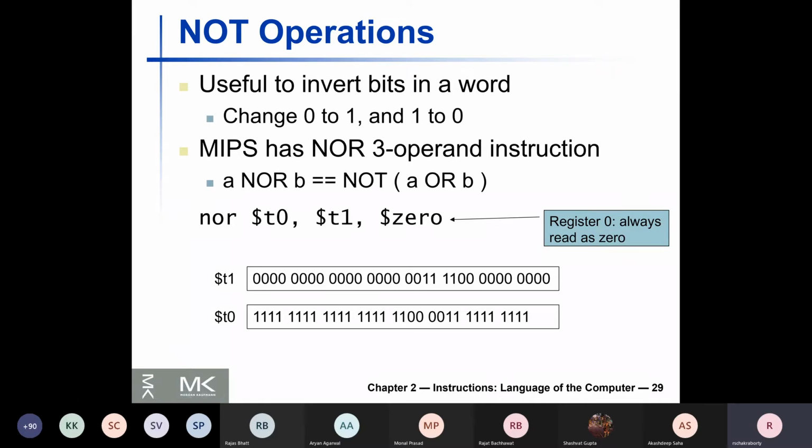There is only 1 source register and 1 destination register. What to do? Well, you have in your hand this extremely valuable $0 register. So why don't you just NOR with 0? If you NOR with 0, then it comes down to NOT. So in this particular instruction, the register T0 will get the bitwise inverted version of register T1.